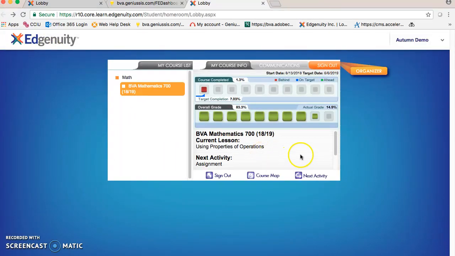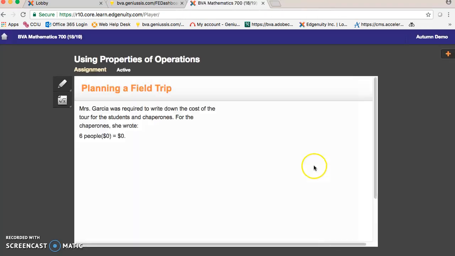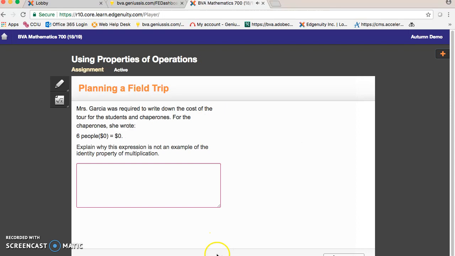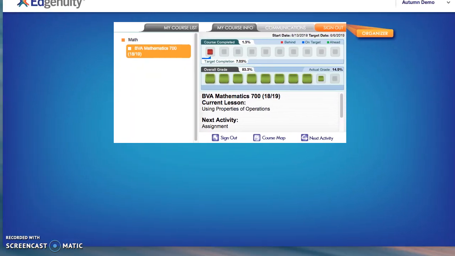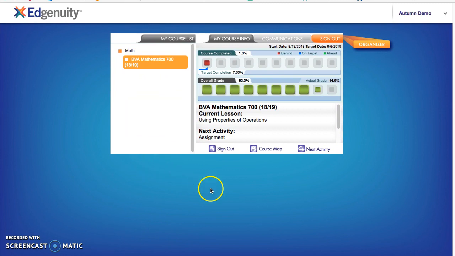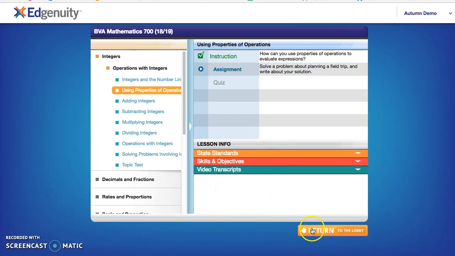The other thing that I can do is click right here on next activity. And it will always take me to the next activity, which will allow me to navigate the course. One other thing I can do is that by clicking on a lesson,